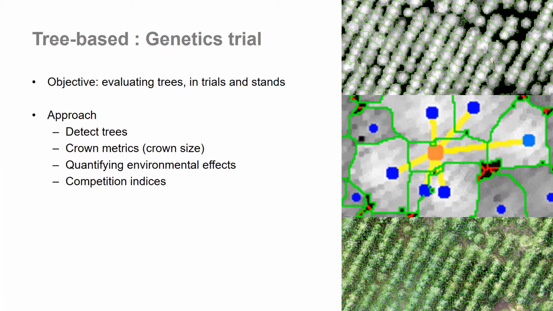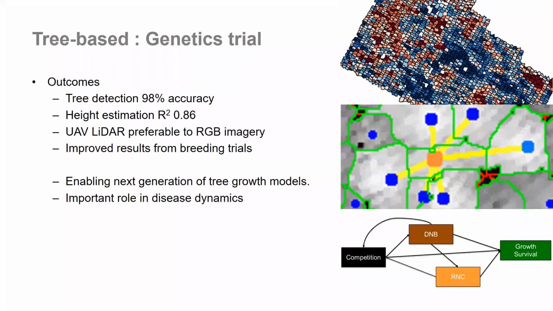And then in more recent developments, we've been working on also incorporating the ability to quantify environmental effects and competition effects on tree growth. So competition is illustrated in the middle image there. So we quantify the competition of a tree by taking into account its immediate neighbours and their relative size and proximity. Results have shown we can detect individual trees with a 98% accuracy